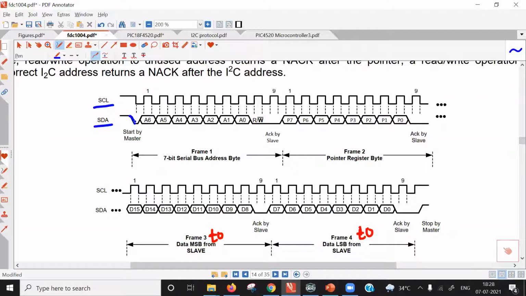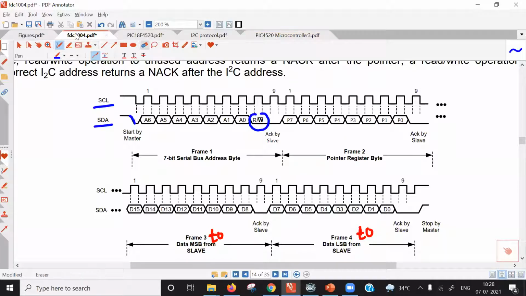All slave devices initially receive 8 bits from the master, and the master is supposed to transmit first of all the address bits and the read/write bit. In 7-bit addressing mode, 7 bits are used for the address and the last, 8th bit is used to denote whether the next cycle is for a read or write operation. Total 8 bits are transmitted. Out of 8 bits, the first 7 bits denote the address of the slave device, and the last bit denotes whether in the next cycle the master wants to write data into the slave device or read data from the slave device. That is indicated by this R/W bit.